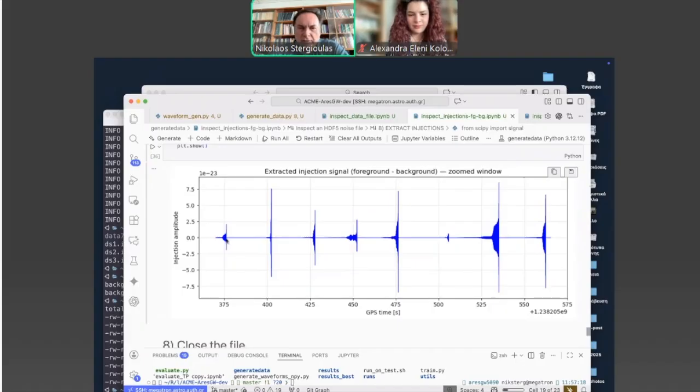And you see that they are roughly 20 to 24 seconds apart. When these are injected, they are not injected at a fixed time, but there is also some randomness in where exactly it is injected in order to allow the code to learn better.